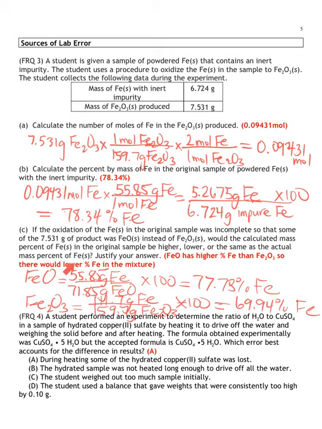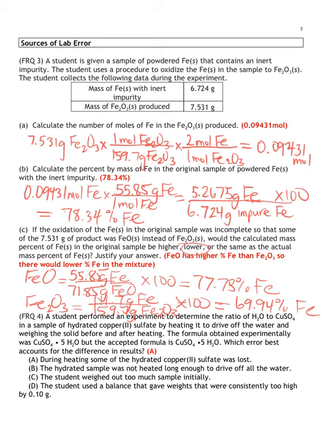a lower amount of iron in the end. So because there's more here, there's a higher percent of iron in the iron 2 oxide than the iron 3 oxide, you will see that there's a lower amount of iron in the original mixture, which is right here. So that's the logic behind why you would expect a lower amount. So I'm going to circle that as my answer in the end, a lower amount than the actual percent of